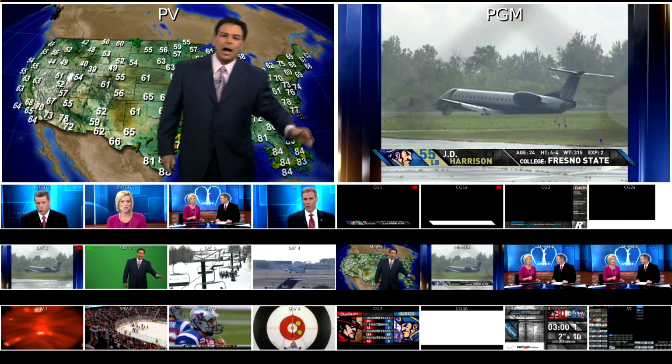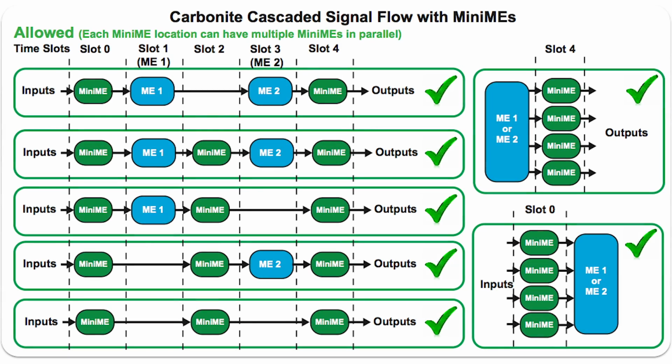Now, the way the timing window works is you have a Mini-ME slot before ME1, you have a Mini-ME slot between ME1 and ME2, you have another Mini-ME slot between ME3, and then you have a downstream Mini-ME slot. And the purpose of this is a timing window allowing cascading.